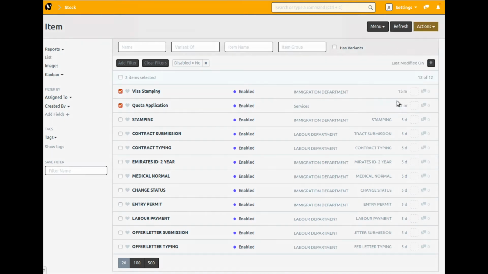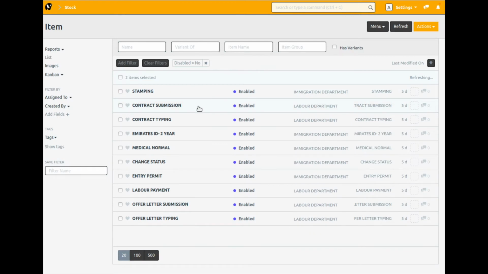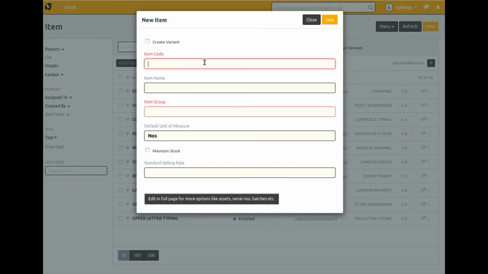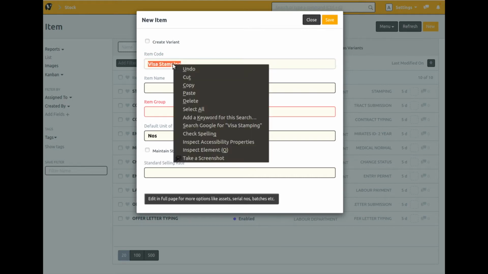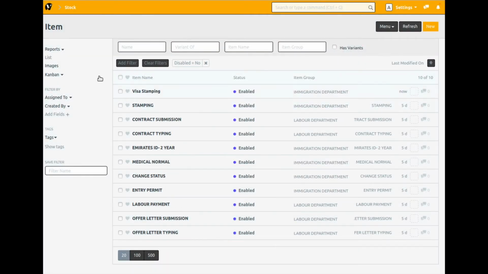So I'm just going to delete a couple of them and we just add them again so that we know what we are talking about. So let us say we have this stamping. I just want to create, call it visa stamping. So we just copy this and paste it here. And it belongs to immigration department. Normally, for example, you charge, I don't know, 200 dirhams. So here we have created a task. We call it visa stamping. Now,